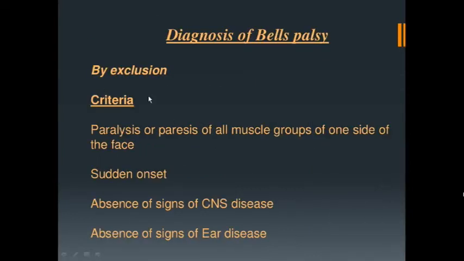So how will you diagnose? I told you the commonest cause of Bell's palsy is idiopathic. So basically Bell's palsy is a diagnosis of exclusion. Onset is very important. It is a sudden onset disease with paralysis of all muscle groups of one side of the face in the absence, this is very important, absence of sign of any central nervous system lesion, and absence of obvious ear disease. So there is no ear pathology, no infection which is actually paralyzing the nerve, as in bacterial infection. There is no central nervous system lesion, but still the patient has developed a facial palsy, which is very sudden in onset. Overnight they may develop it.